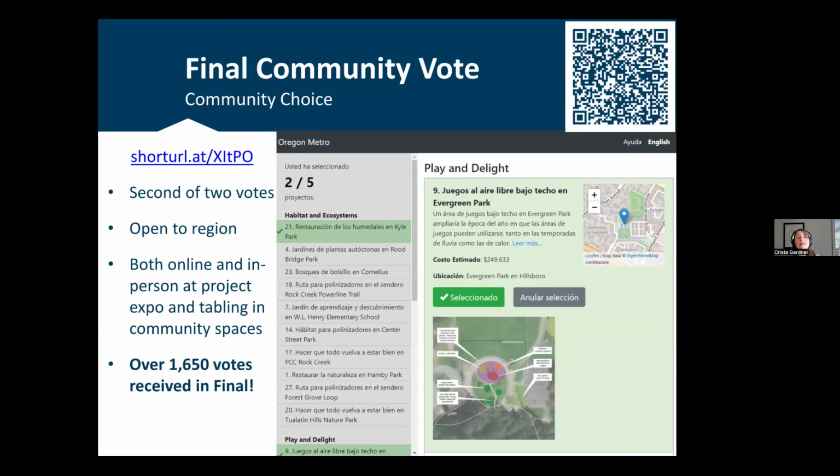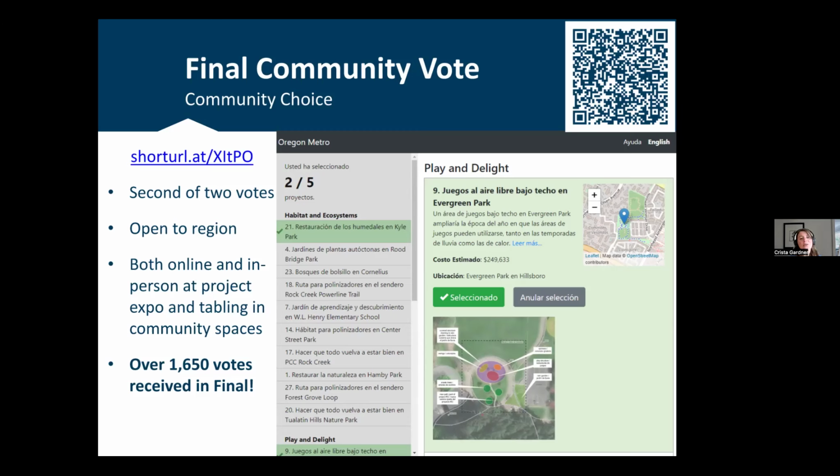As I mentioned, through these facilitated design workshops, the project team creates a scope, budget, and schematic design for the community to choose during the community vote phase. So after the projects were fully developed, the community voted to choose which of those 26 projects should be funded. And we were really pleased in our first round to have over 1,600 folks come out to vote on projects and have 89% of those people be from communities of focus in District 4 in Washington County.